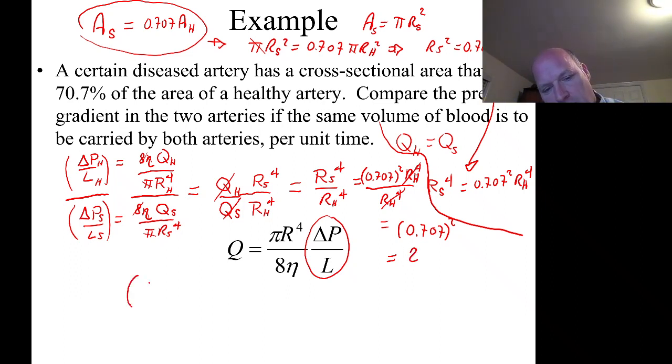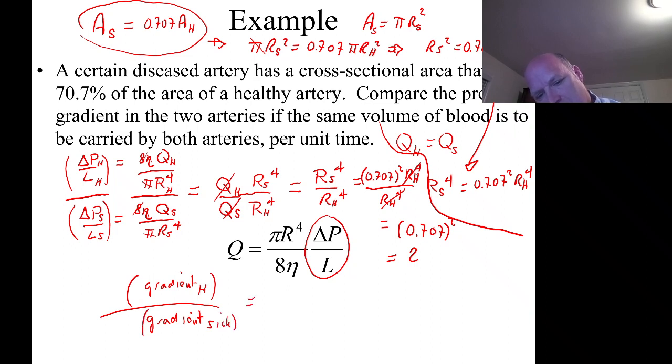Okay? The gradient healthy over gradient sick is equal to 2. So the pressure gradient, wait a minute,